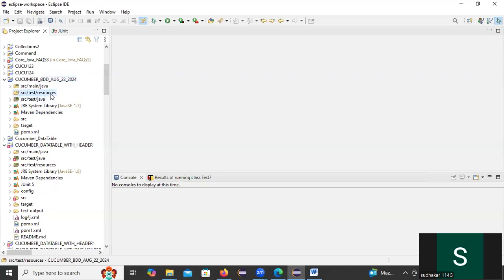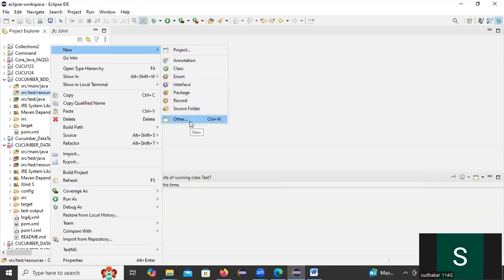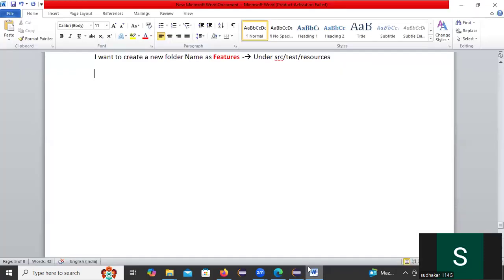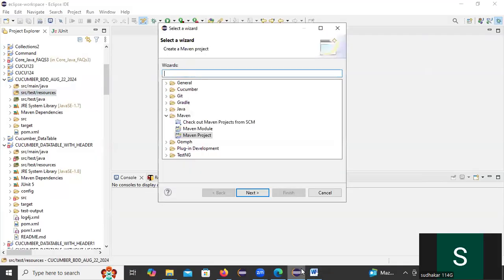So in src test resources I want to create a new folder. I'm right clicking on src test resources, going to New and clicking on Other. And after that